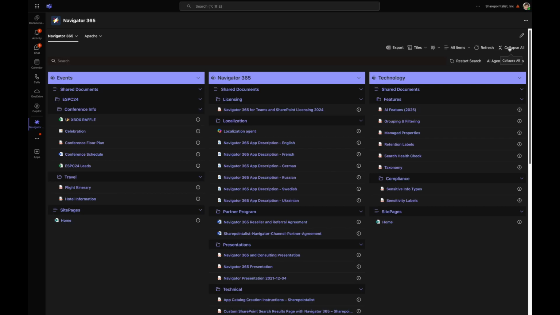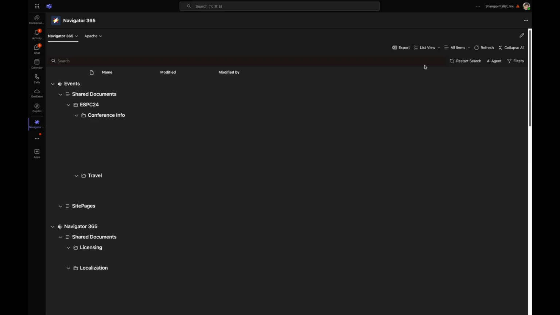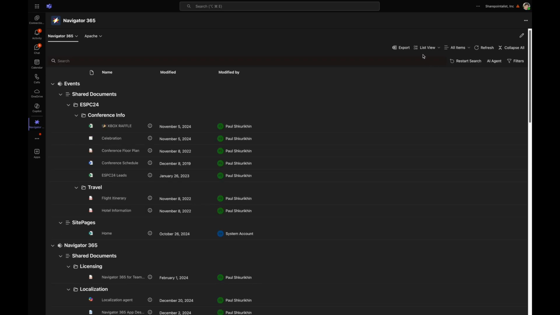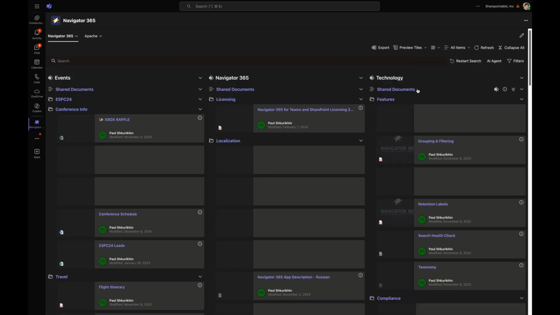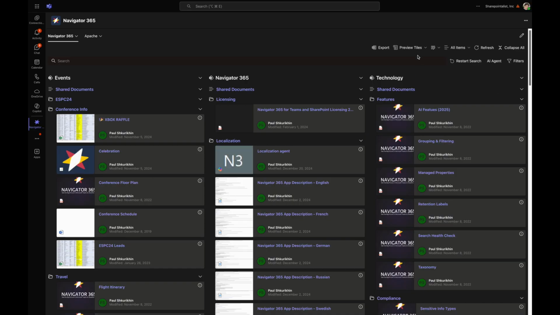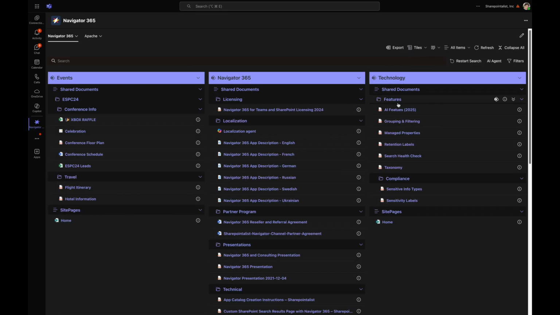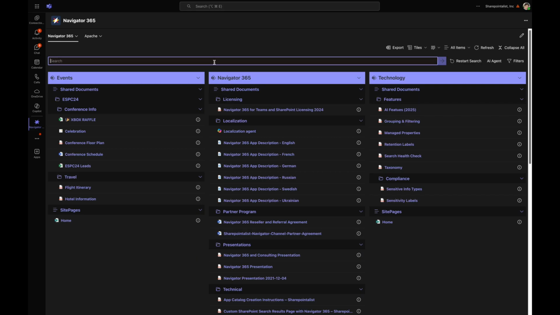You can see your files in different views. We have the tile view, which is showing right now, but you can also switch to a regular list view or preview mode. By default, documents are displayed using your physical structure, sites, document libraries, and folders, but you can change this in settings. From here, you can search,